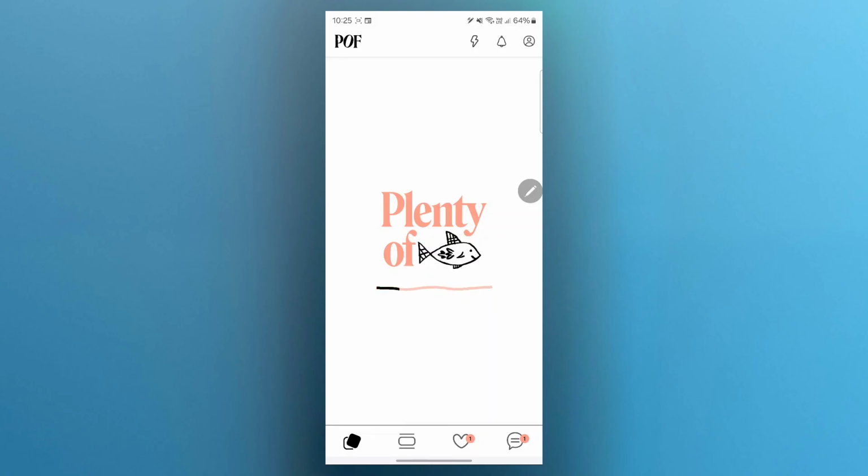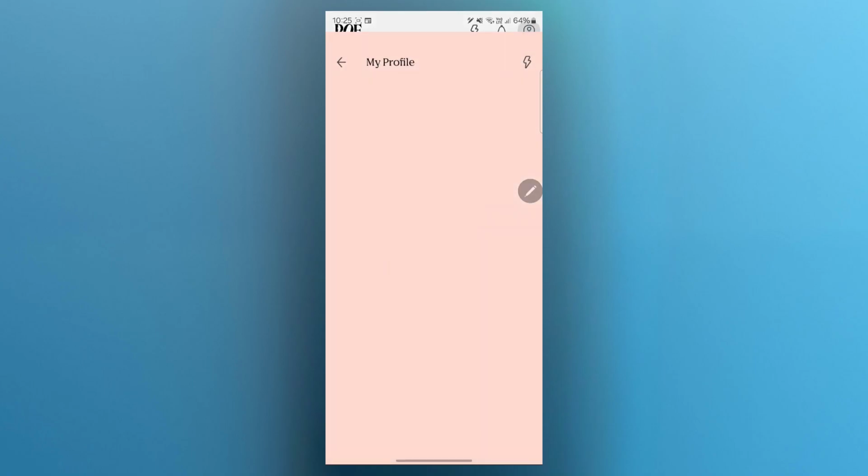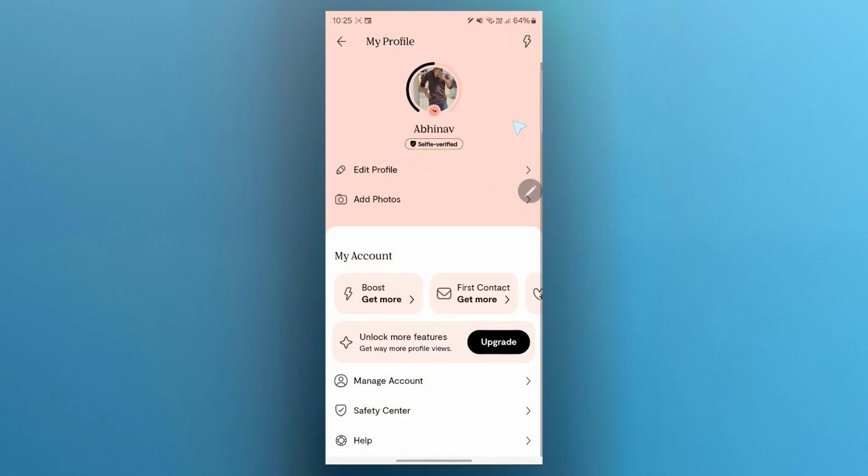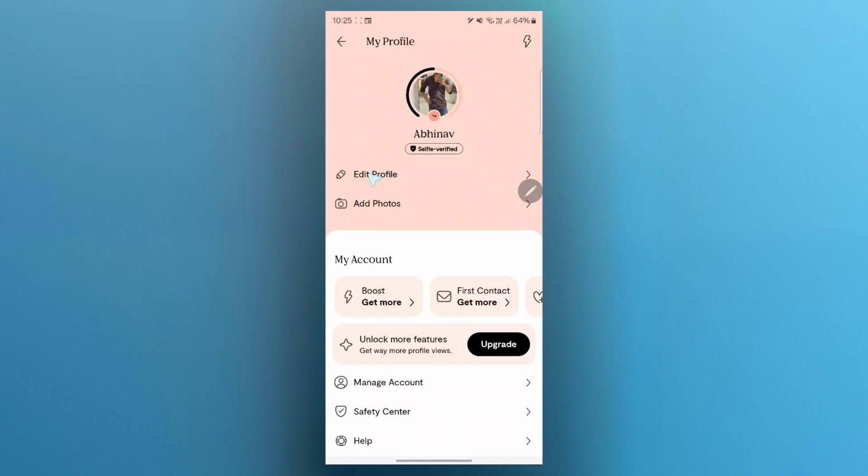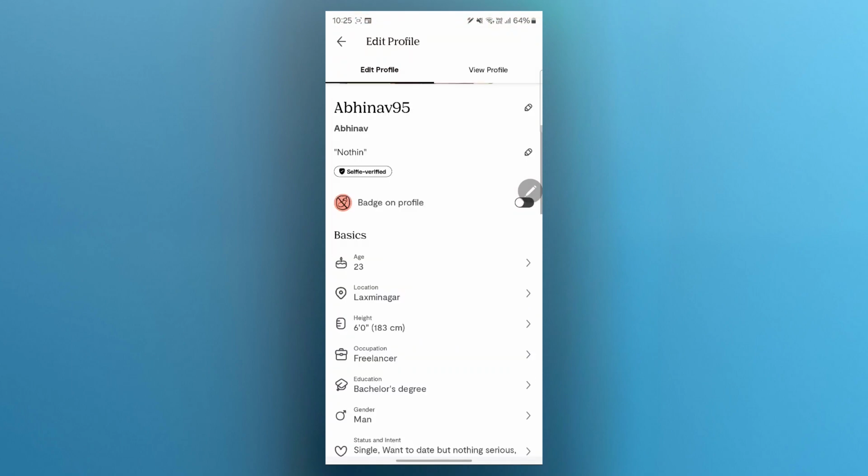Now, after opening the application, you will see this interface. Here, you'll have to simply click on your profile icon at the top right side of the screen and it will show you this page. On this page, click on the edit profile button just under your profile picture and it is going to take